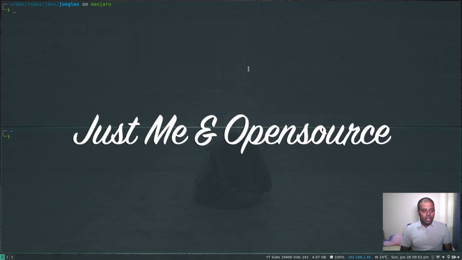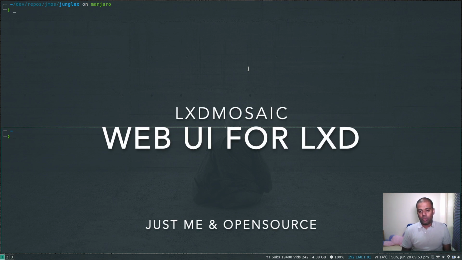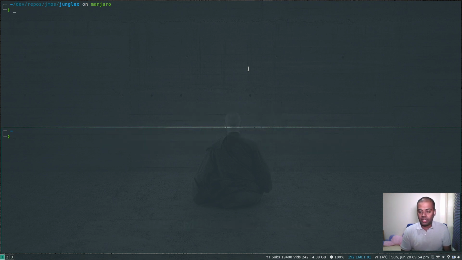In this video, we're going to be looking at another web-based LXD management tool. In the last video, we saw LXD UI, and this one is called Lxdmosaic. This one has more features than LXD UI. It's more feature rich in that if you compare LXD UI with Lxdmosaic, it has a few extra functionalities like